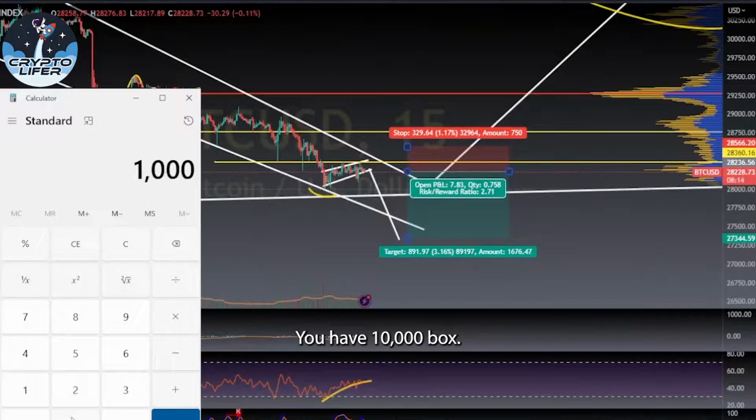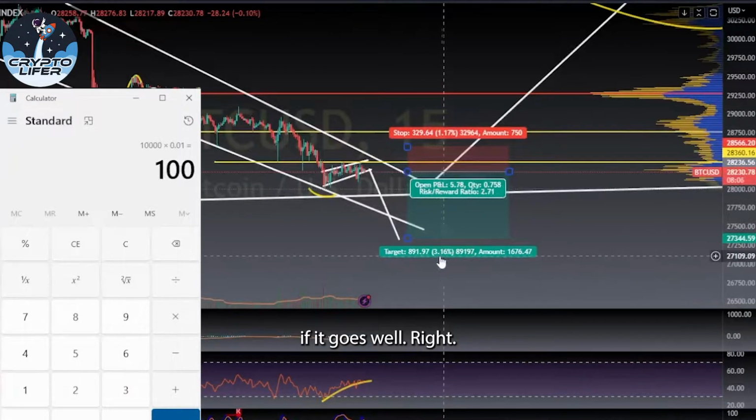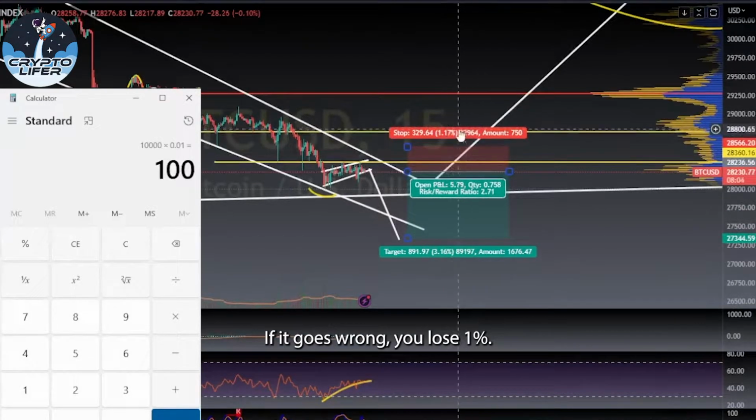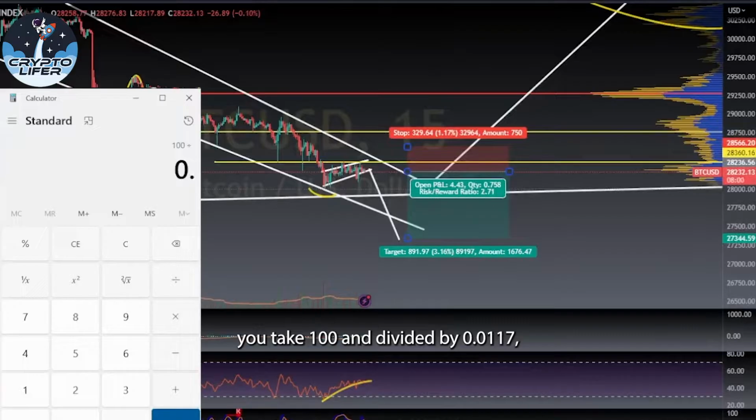You have $10,000, you find out what 1% of your portfolio is, times 0.01. It says you got $100. So you could put $100 in this trade. If it goes well, you win 3%. If it goes wrong, you lose 1%. And to find it out, you take 100 and divide it by